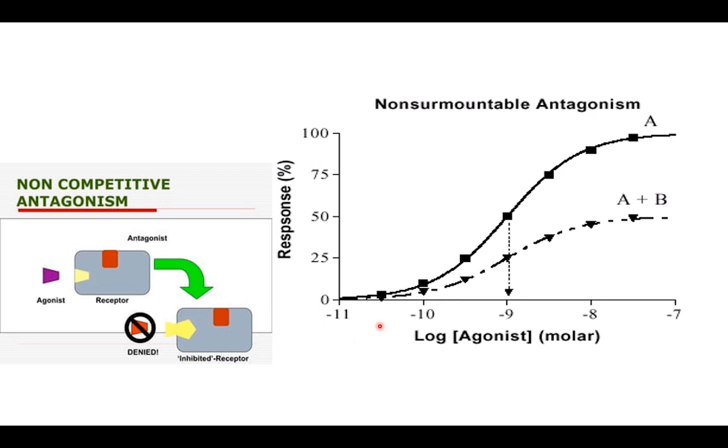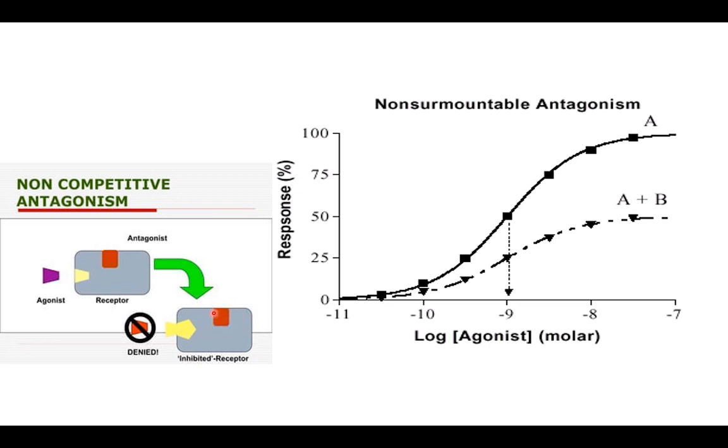So in this slide, we can appreciate the effects of the non-competitive antagonists, whereby they are bringing about the non-surmountable antagonism which cannot be overcome. We see that even though we increase the concentration of our agonist, the maximal response still is below the expected one without the antagonist. And this antagonist, we see it will affect both the efficacy and the affinity, because it